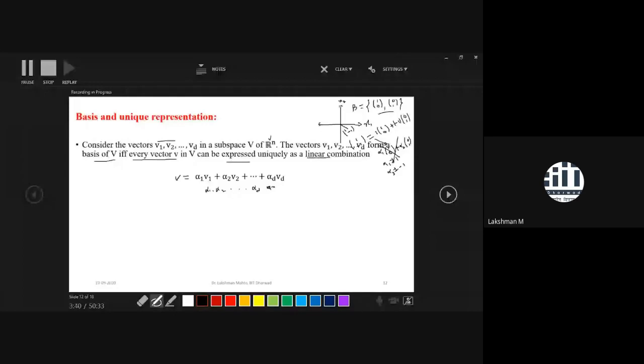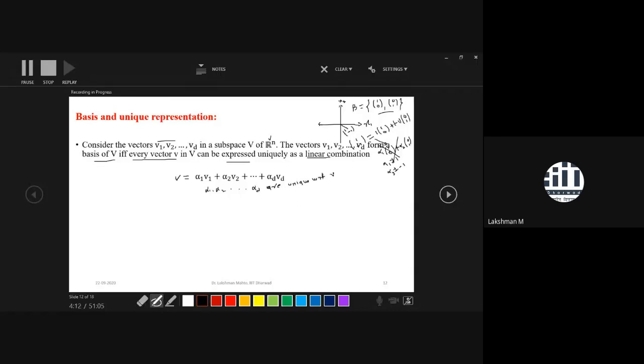You can't take another one. They are unique with respect to V. You will come across this later after doing a lot of practice and you will understand all this. So that means these scalars happen to be unique with respect to every vector. Sorry, this must be a small v, it is not capital. A vector we always denote by a small letter.